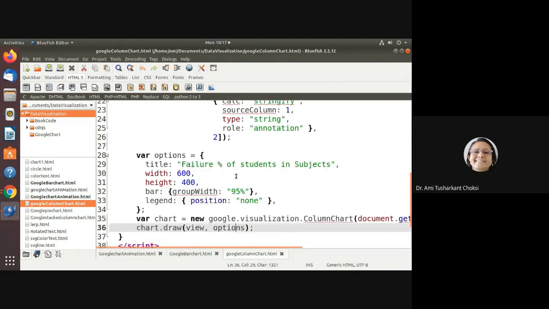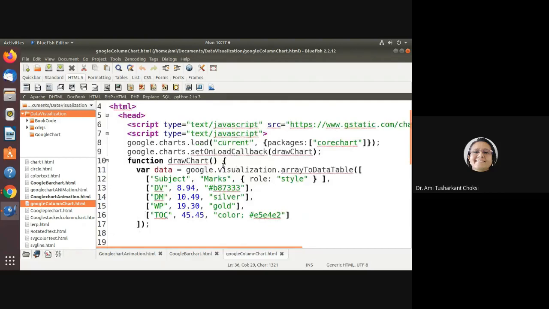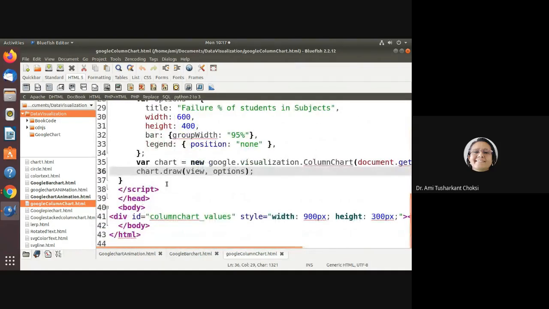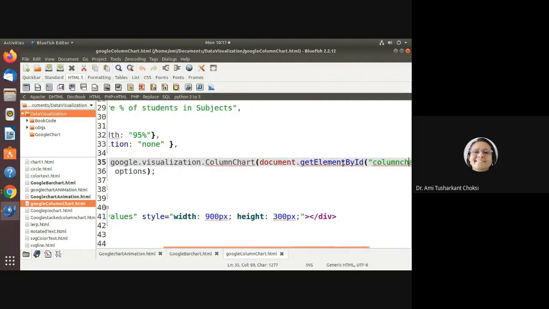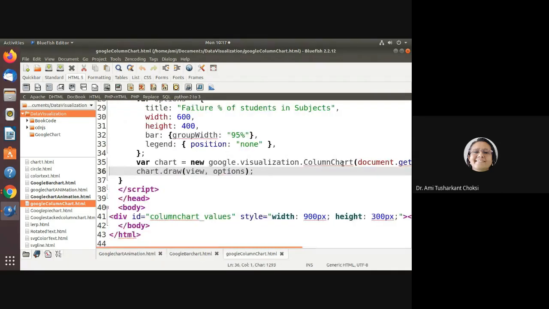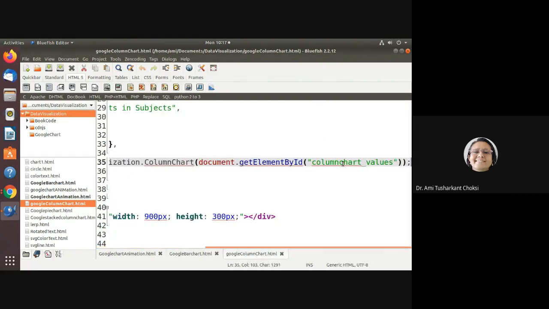Okay. So now for this we have to specify, that is for view, variable chart is equal to new google.visualization.ColumnChart, document.getElementById and column chart underscore values, right? What is this? This is the ID which will be specifying in the div ID in the body. Fine.